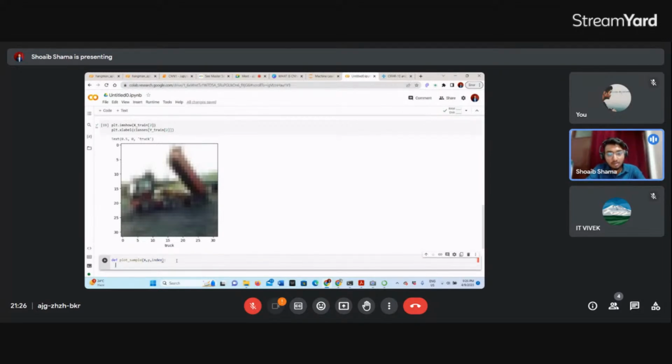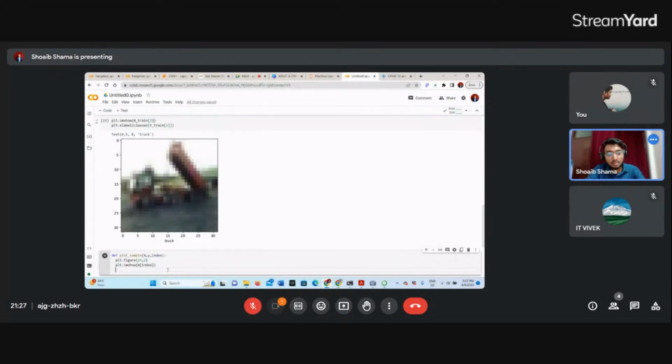And here we will do plt dot figure size, 15 by 2, which I guess would be fine. Then plt dot imshow, and we have x of index which we will pass, and plt dot xlabel is classes of y of index.